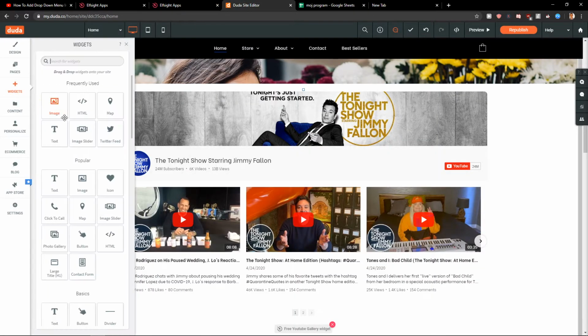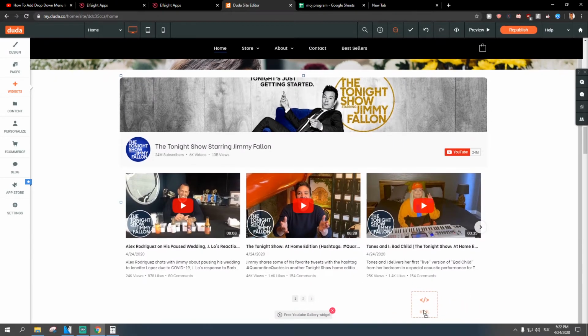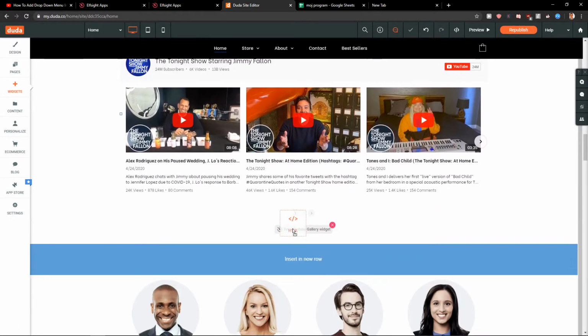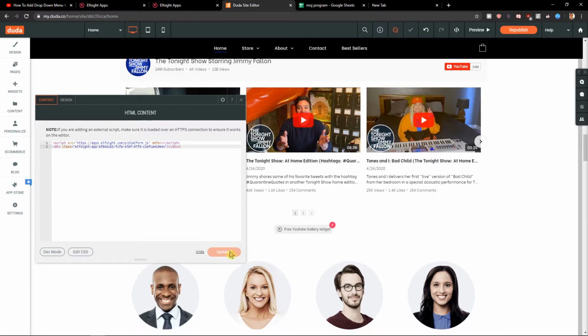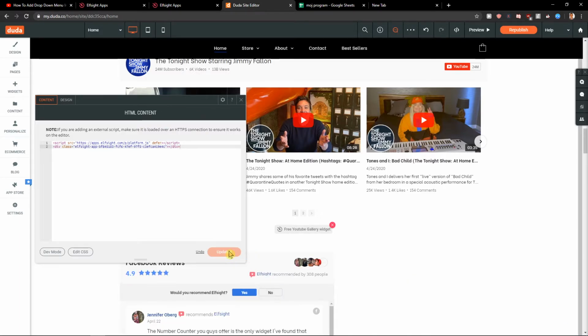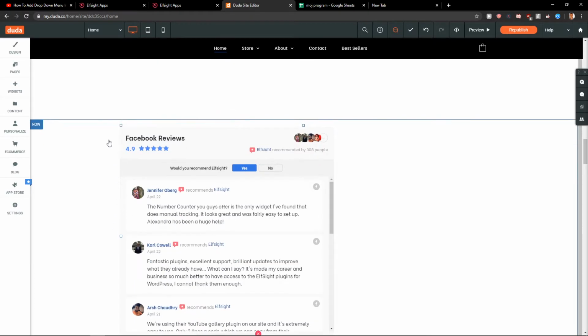Now let's click on widgets and let's take HTML code and let's just paste it here. When we have it, let's paste the code and let's see how it looks. As you can see, we got perfect